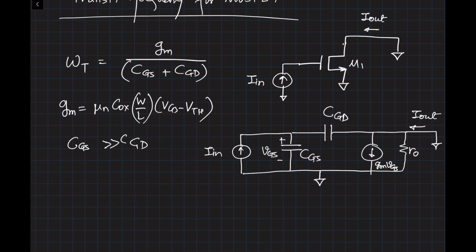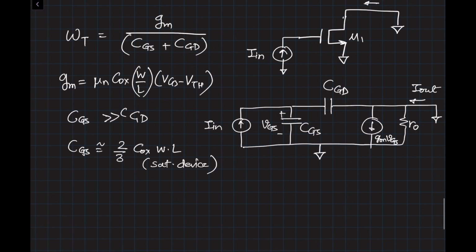So if you remember, CGS is approximately equal to 2/3 Cox W times L for a saturation device. The approximation I have done here is ignoring the overlap capacitance, because it is a very tiny overlap. So then our transit frequency is going to look like 2 pi Ft, which is equal to